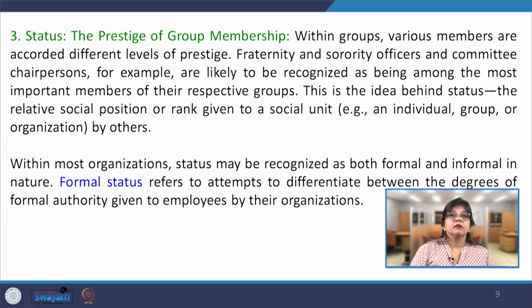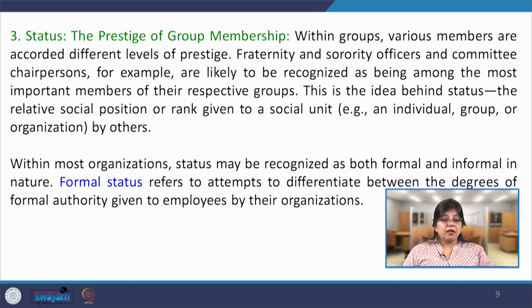The next comes status, roles, norms: status. This is another property of the group, which a member identifies with based on his position. For instance, a very simple example can be the position of a director and the perks associated with it, that assigns a status to an individual, and based on this designation and position, the person tends to make efforts to enhance his performance and raise himself to another level of status. Therefore, we can define status